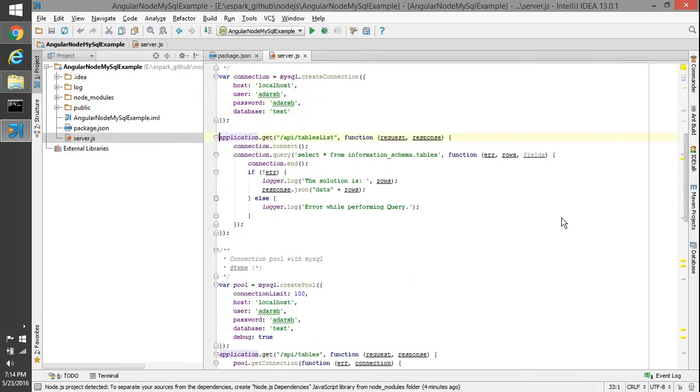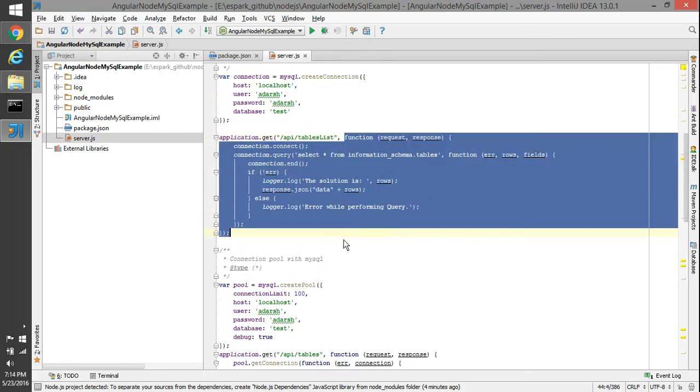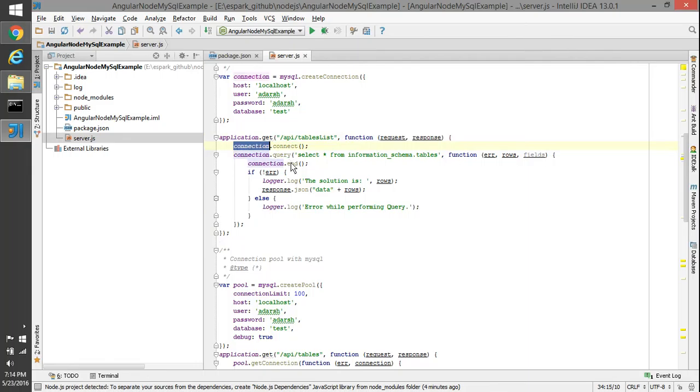What we have done, we have exposed a get API with the slash API slash table list, and we have passed the callback method into that. And then we are just calling connection dot connect. So it's gonna connect to MySQL, and then we are saying send this query with connection dot query, where we are passing this query select star from information_schema.tables, and we have passed a callback method into that. So in the callback method,